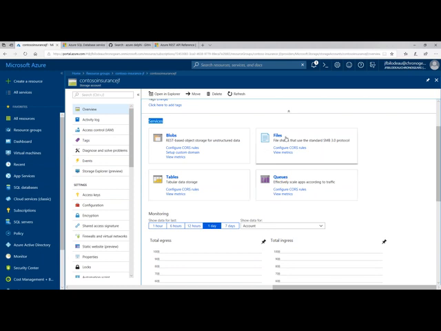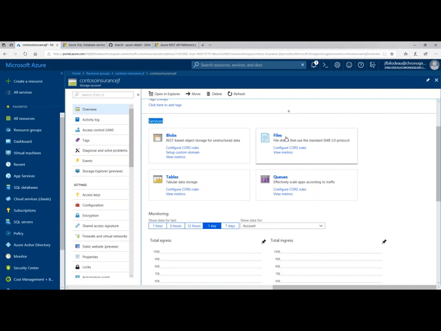File is basically a SMB share. All right, an example where this might be used is if I have an existing on-premise application, let's say a legacy application, that wants to write to a C drive, a D drive, an E drive, read-write information to a regular file system. It requires that. If I move it to a web application, well, a web application has a shared drive that might be shared across all instances, whether the instance is dedicated or not. The file system is shared and for the most part read-only, which means that a legacy application, written in no matter whichever programming language, that needs read-write access to a file system